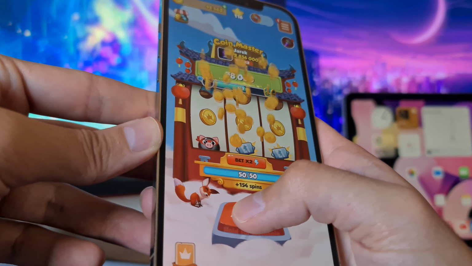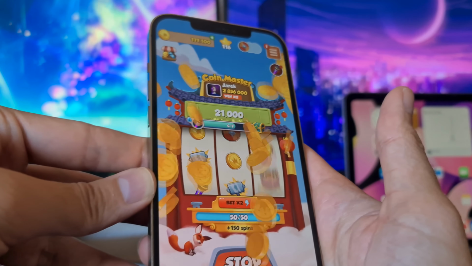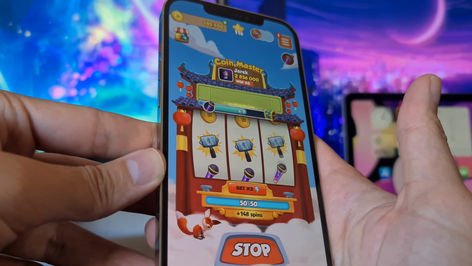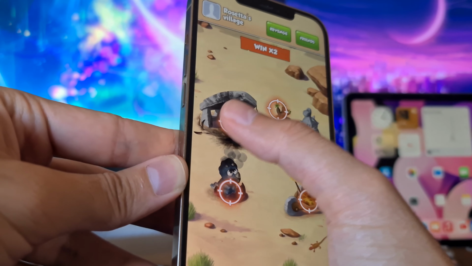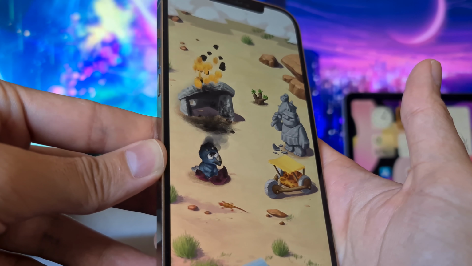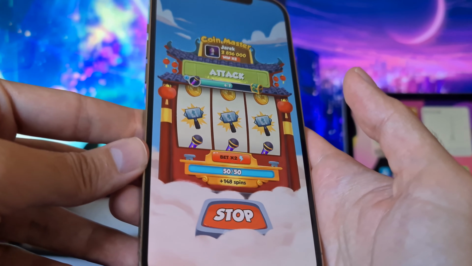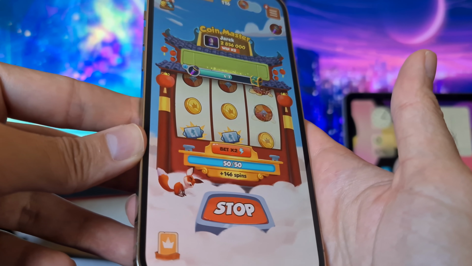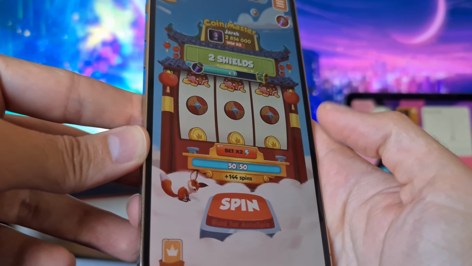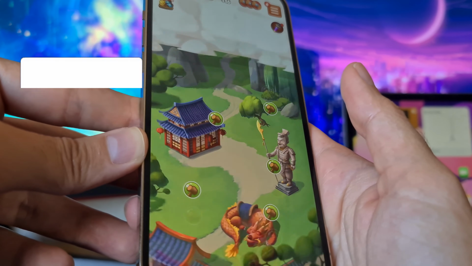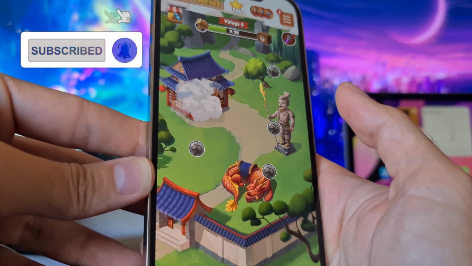So you can also hold this spin button here, so it will automatically do these spins, so you don't have to press. And as you can see, you got the chance to attack somebody else's village and collect their money if we do a successful attack. As you can see, we got many coins here that we can use to upgrade our village, and in the end this should help us to finish this part of the tutorial and to get the Nintendo DS Emulator on iOS and Android. So you can play any Nintendo game on iPhone